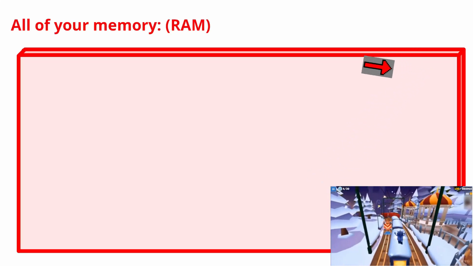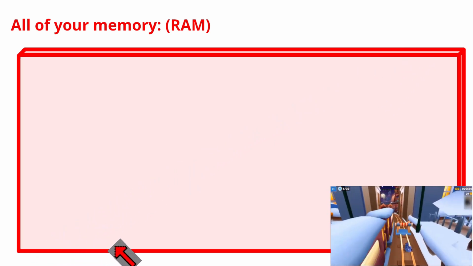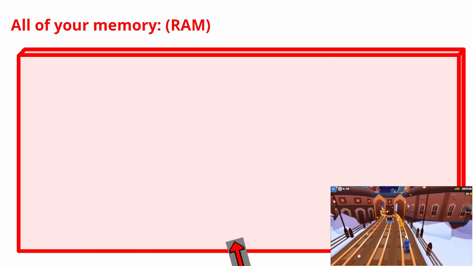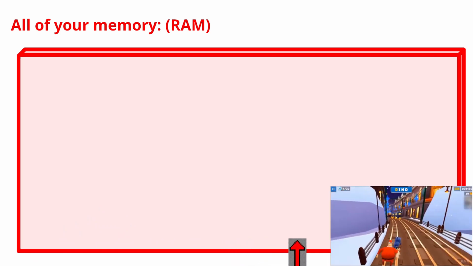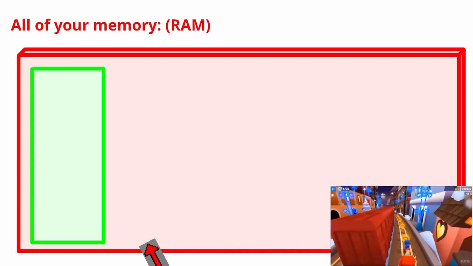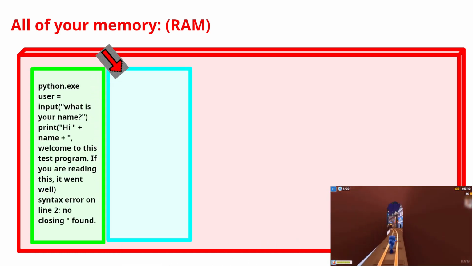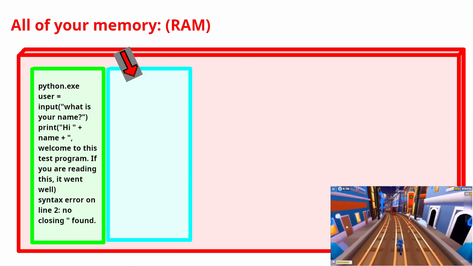But long story short, this is a representation, totally not to scale, of all of your memory, or random access memory. This is the memory where your computer stores currently running programs. So say you want to program something in Python, so you open up your IDE and it stores some data, but it doesn't work, so you open up a web browser and use ChatGPT, and it also stores some data,